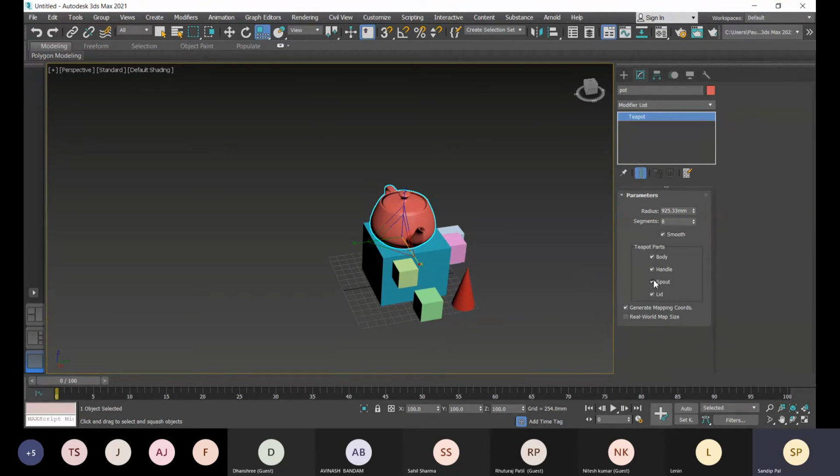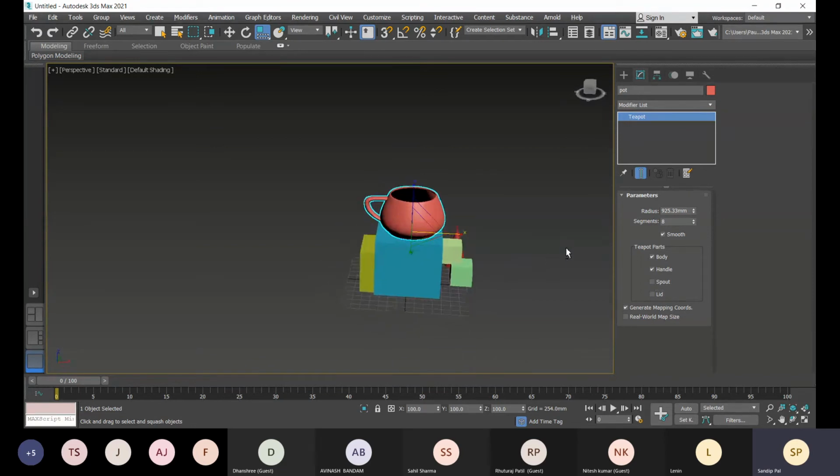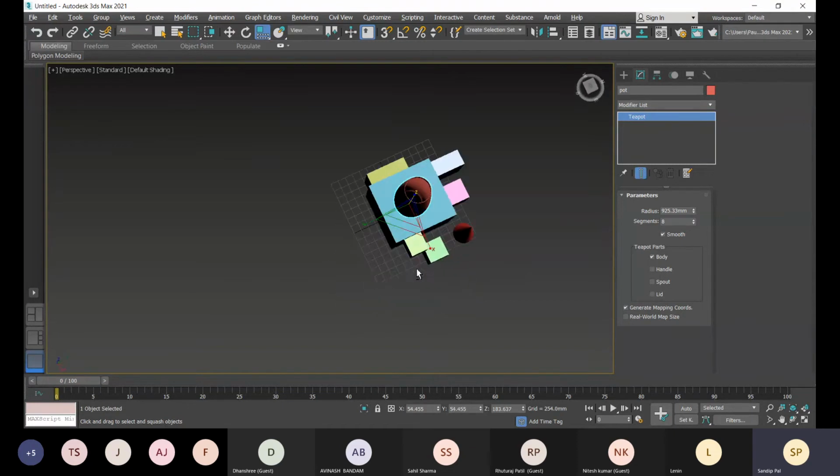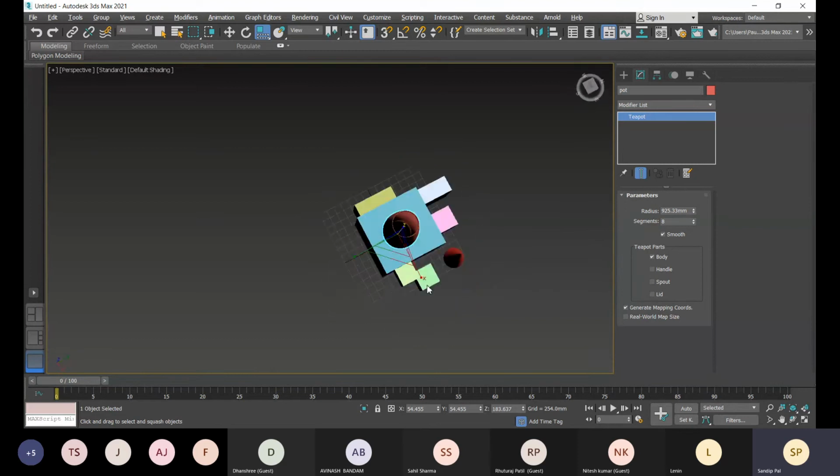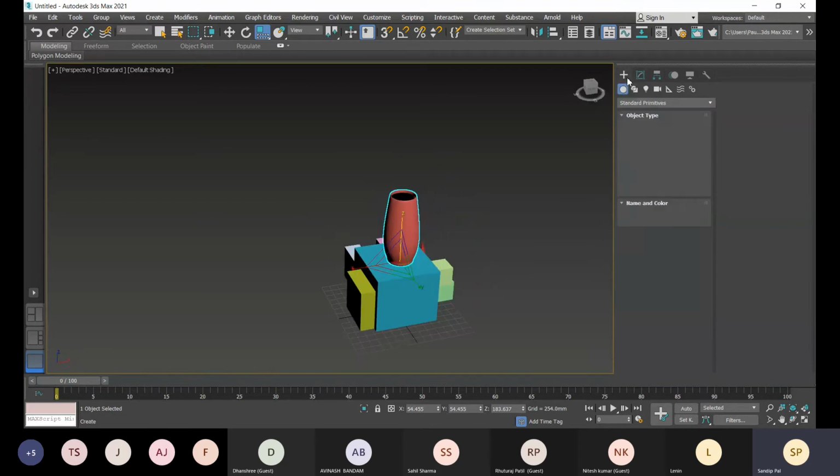If you hide the spout and the lid, this can be a cup. And if you hide this handle and then scale it this way, it can be a flower vase. So these primitives can be converted into different shapes and different models.